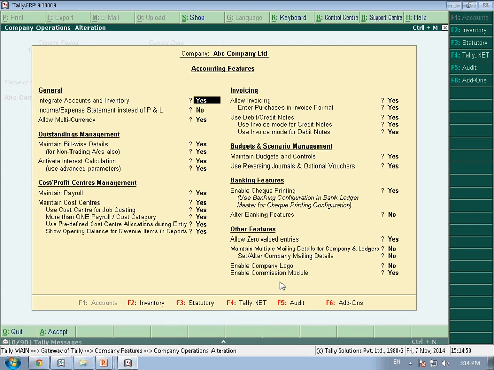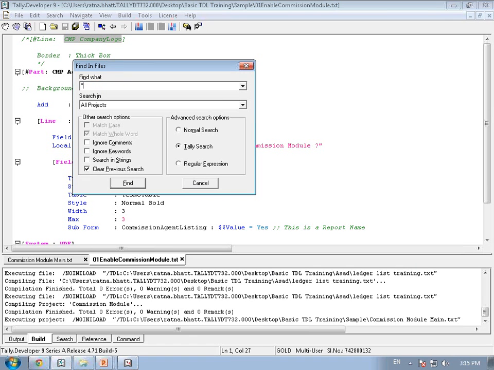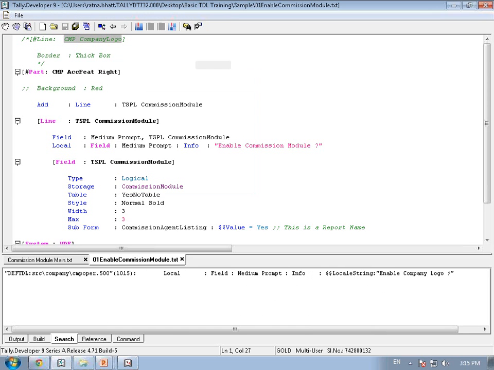Just below that I wanted to add my enable commission module. Hence I located this text in my Tally developer. Control D, open double quotes, enable company logo, search in default, find. We got one